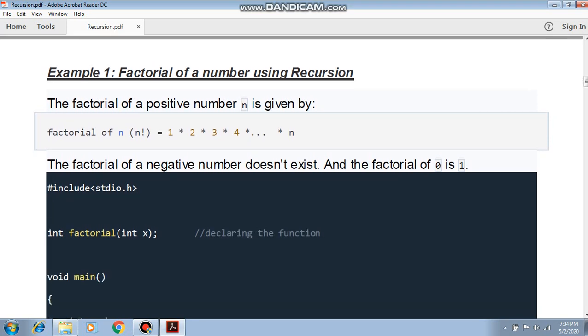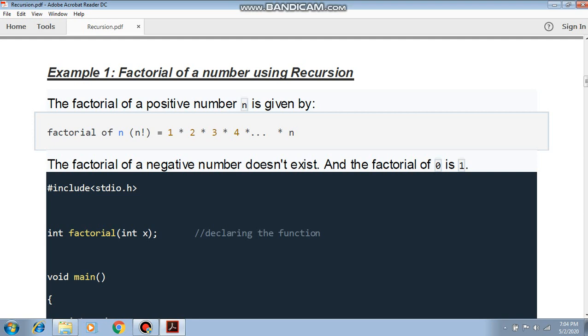So the recursion example is factorial, means we are finding the factorial of a number using recursion. Suppose we are finding the factorial of 5. So how do we calculate mathematically the factorial of 5? First we take the value 5, then we decrement the value by 1, that is 4, multiplied with 5.